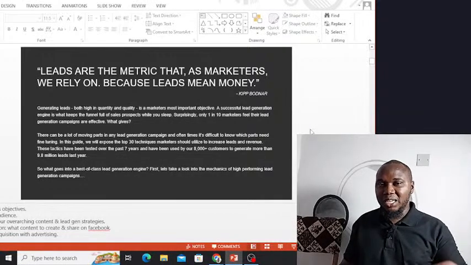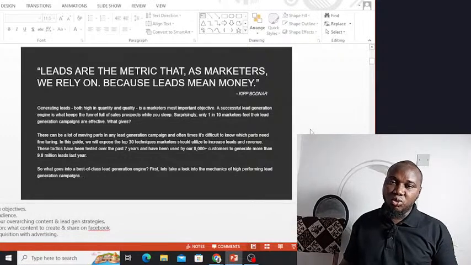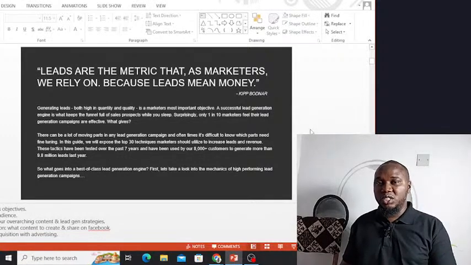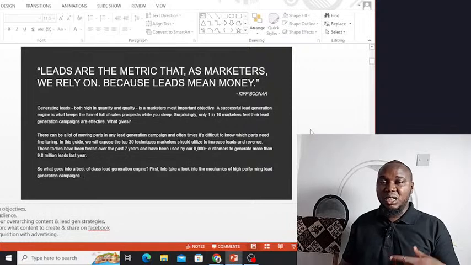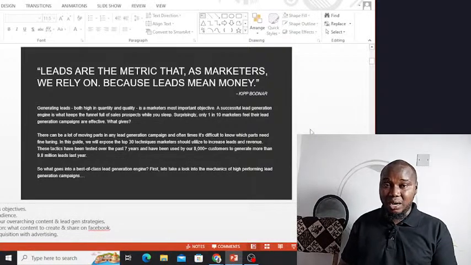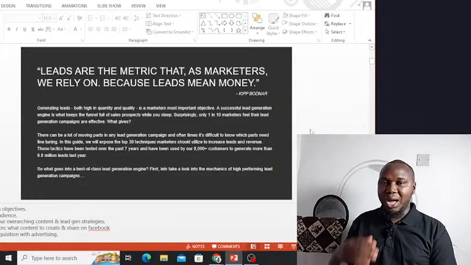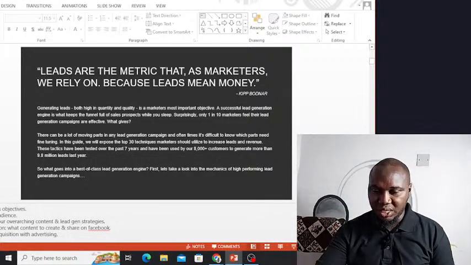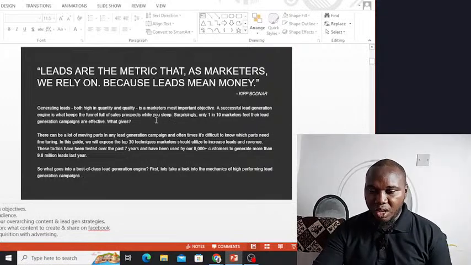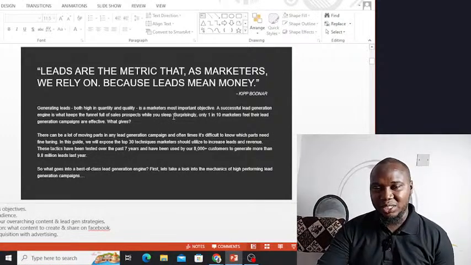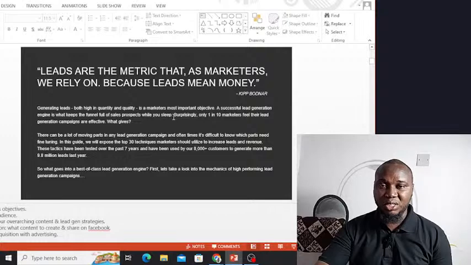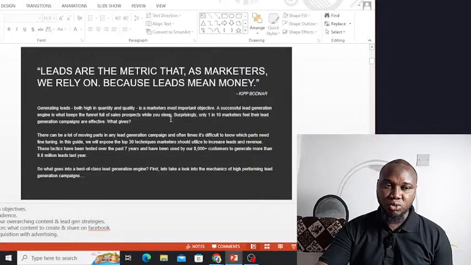So we want to look at leads quantitatively, meaning in numbers you generate hundreds, thousands of leads, and you also need to look at leads qualitatively, meaning they are valuable to you, whether they are buying immediately, or they will buy within the next few days down the line. So it is most important. That is the objective a digital marketer always measures business growth with.